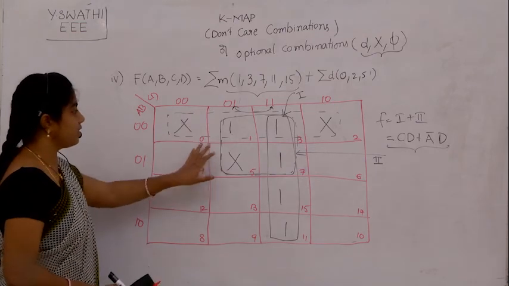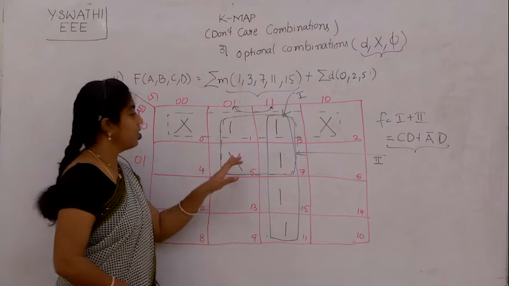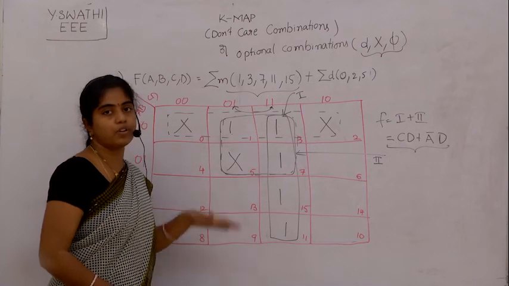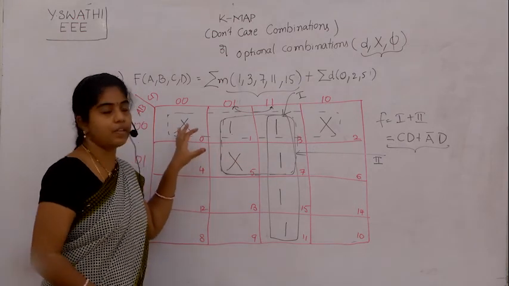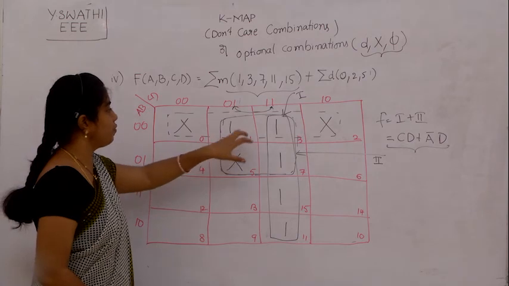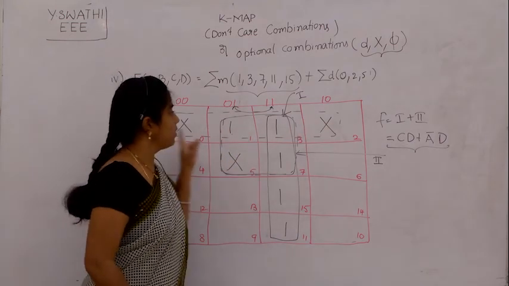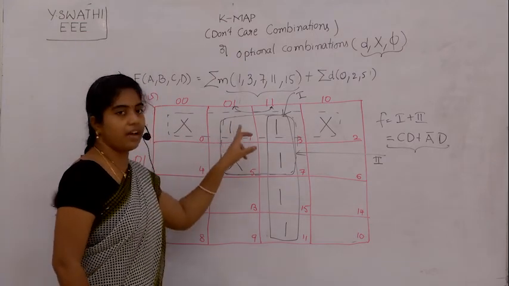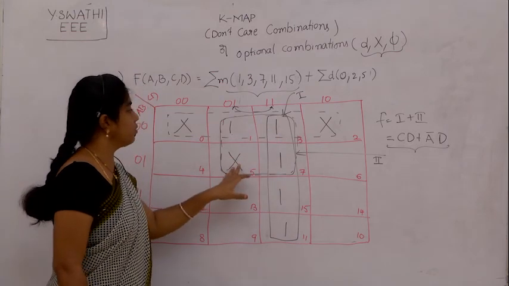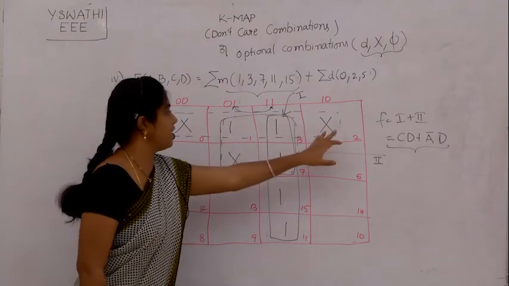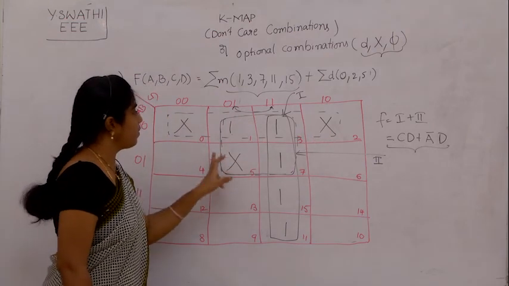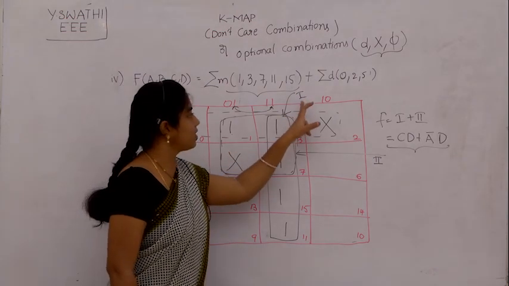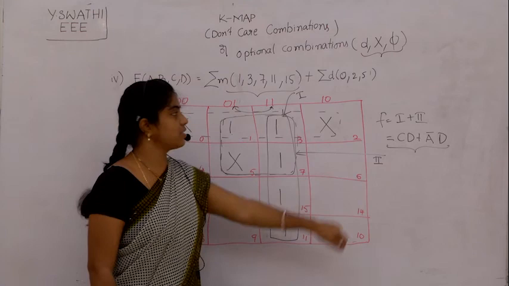Here we can note down another point, that we should take a quad, or a group, which has more ones when we are having an option. Here we have an option for this one to form a group with this quad or with this quad, but in this quad we have more ones than don't cares. Here we have 2 ones and 2 don't cares in this option, but here we have 3 ones and 1 don't care. That's why we are taking this quad as our next prime implicant for the reduction.